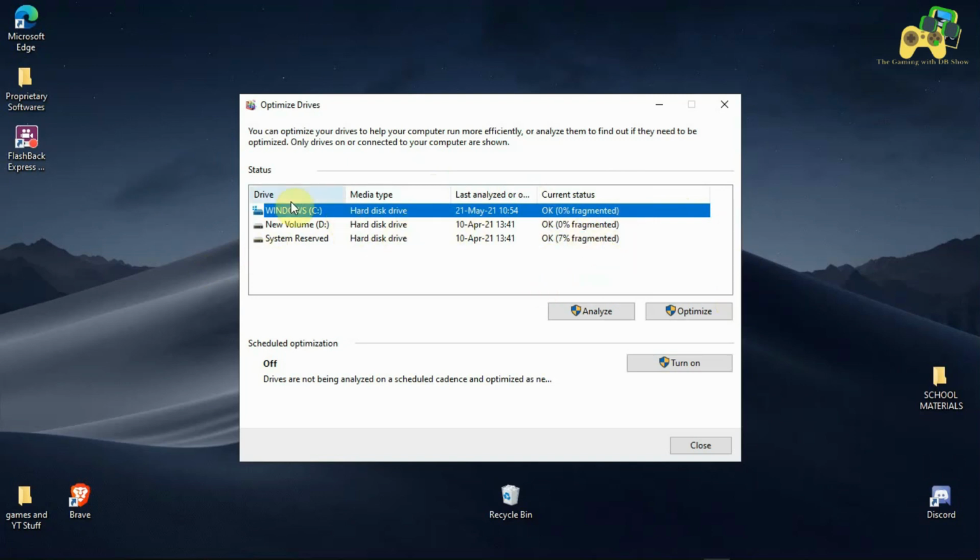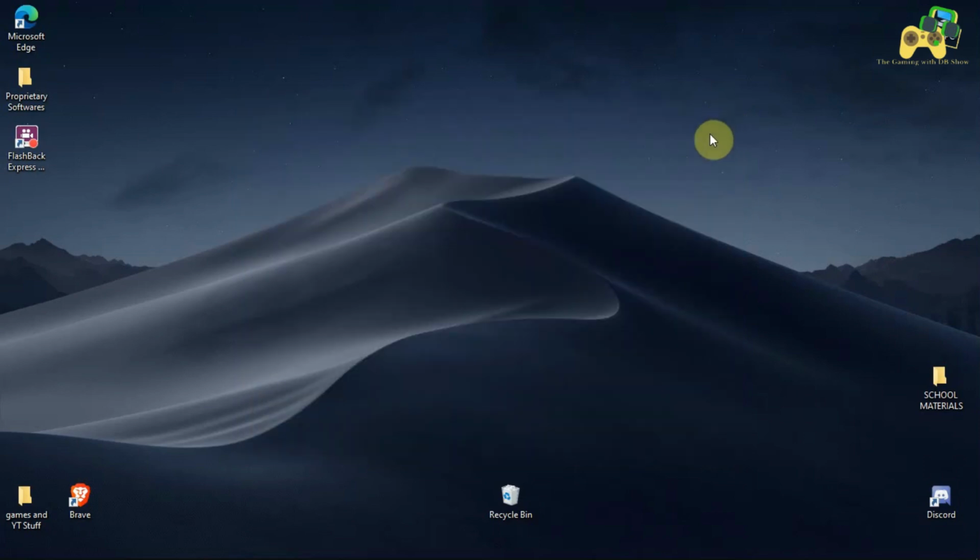You will get the list of drives. So you need to optimize the drive which has your Windows installed on it, like the C drive. So you want to go ahead and click Optimize, and then you need to wait a few minutes or even hours depending on your PC's speed. After the scan is done, you can close this window, but again you need to click on this Optimize button, then it will scan and defrag your drive, and you need to wait for a couple of minutes or hours. And once that's done, you can just close the window.